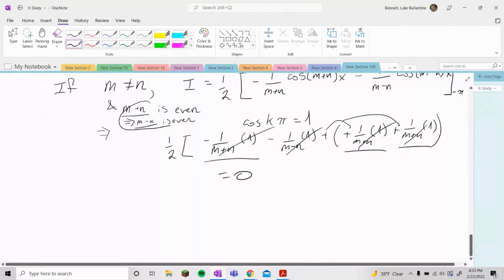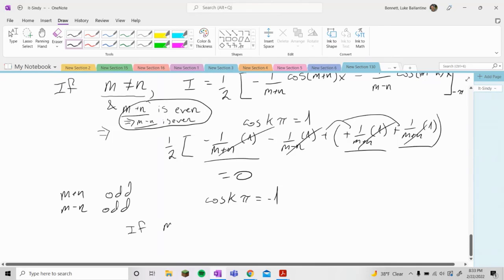Otherwise, if these were not both even, then they would be both odd, in which case we would have cosine k pi equals negative 1. But the same thing would still hold. Maybe that's an exercise for you. Okay, so this is if m and n are not equal, but if m equals n, then